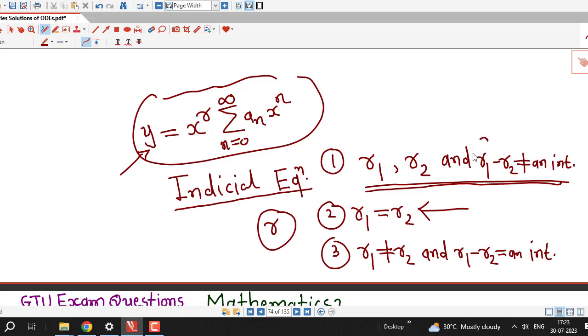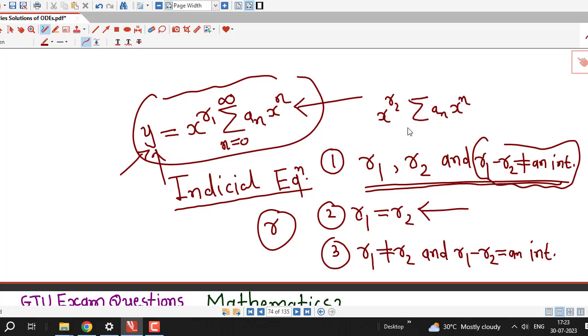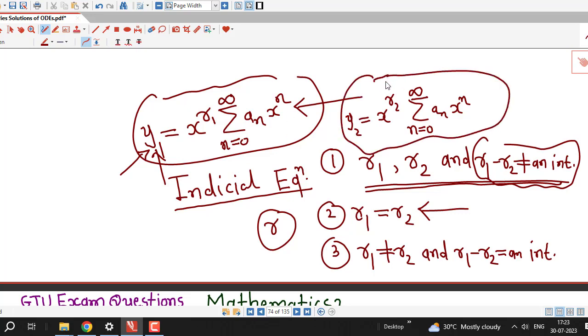In first case, where r1 and r2 do not differ by an integer, we assume this form of series solution and we find out this value of y for r equal to r1 and another for r equal to r2. If roots of indicial equation do not differ by an integer, then two independent solutions are given by this form of Frobenius method. But suppose two roots are equal or two roots differ by an integer, then how to find